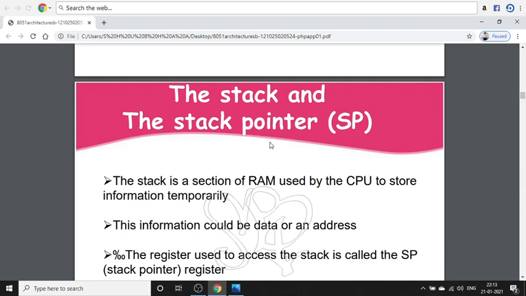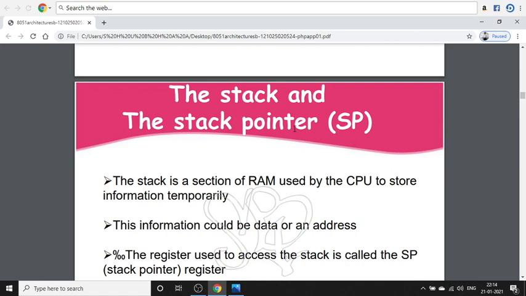So the stack pointer register is used by the 8051 to hold an internal RAM address that is called the top of stack. The stack pointer is increased before the data is stored during the push and call instructions, and decremented after the data is restored during the pop and return instructions.